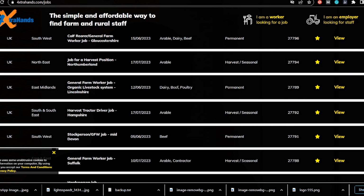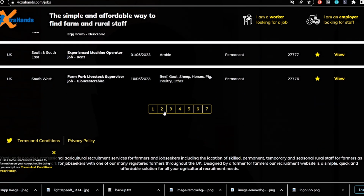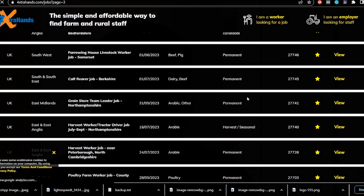This is also another one. And if you keep scrolling down and maybe navigate to page 3, you will be able to see other ones. This one says could be permanent for the right candidate, so that may be good news for you,